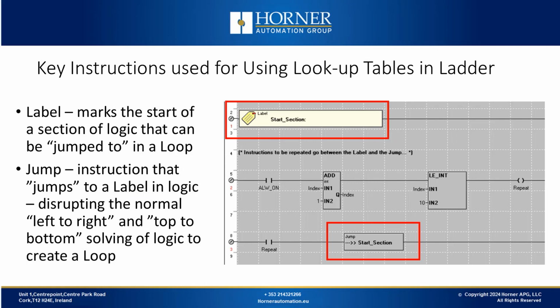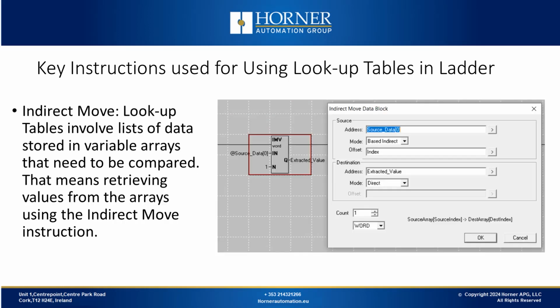Now let's look at the key instructions we will be using for our lookup tables in ladder. Because we are utilizing loops, we will be using the label instruction, which marks the start of our loop. We will also be using the jump instruction, which allows us to jump to the different labels in our logic and will allow us to jump to the top of our loop. As we will be working through array data in a sequential fashion and retrieving data from arrays, we will also need to use the indirect move block. The indirect move block uses an index or a pointer to retrieve data in the array and move it to